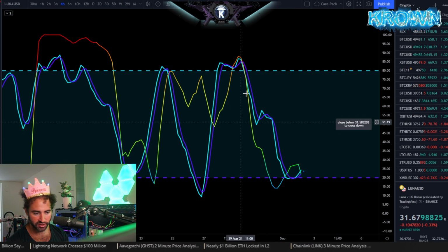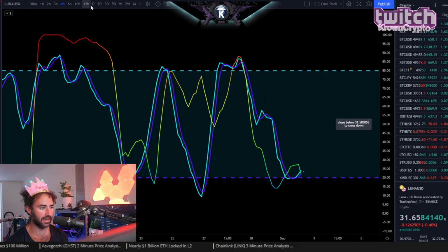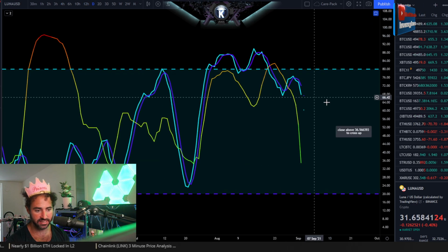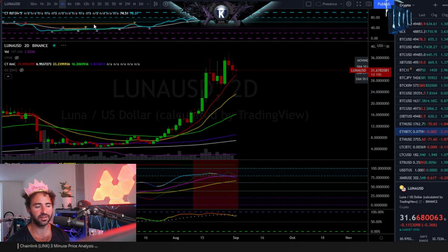4-hour Stochastics are actually going to be pointed up with any sort of a closure above 31.5, of which we're pretty much above right now. Still got a couple hours left to go on that one. 12 hours going to be turning down as long as below 33.5, and daily is going to be down as long as below 36.5. So again, I do expect that you're going to chop around sideways, probably test some downside on this one,